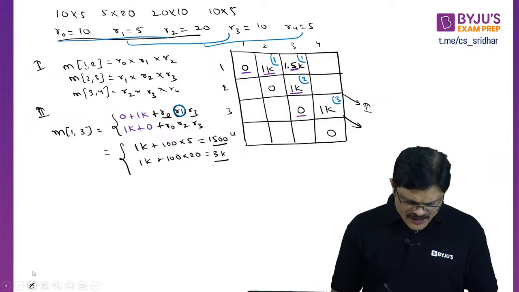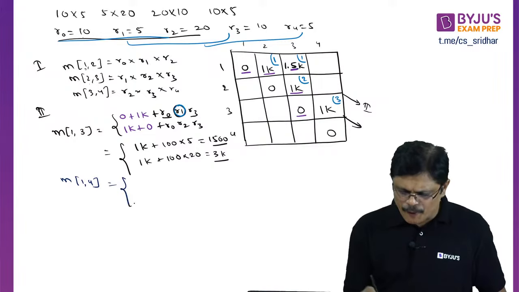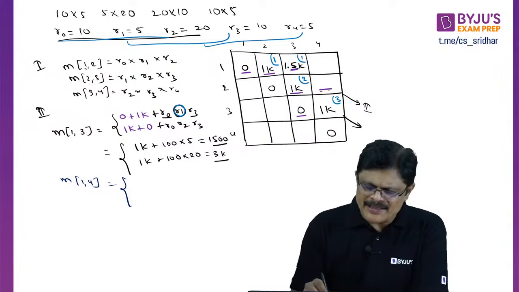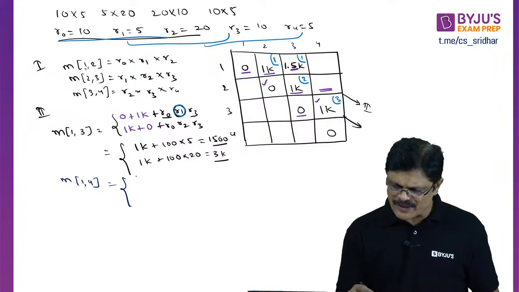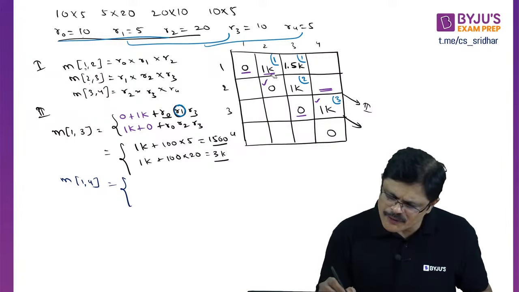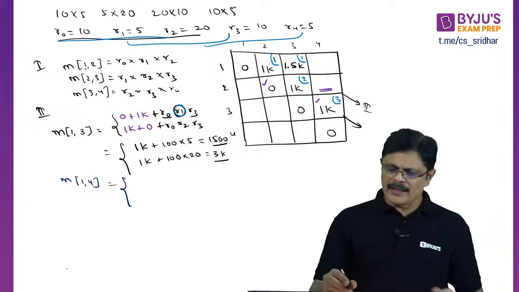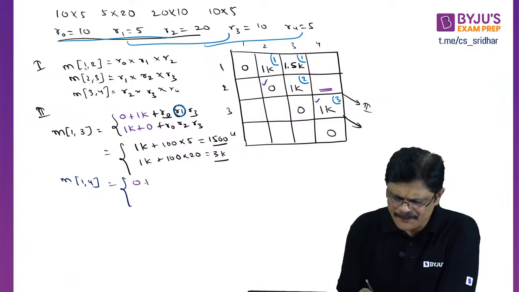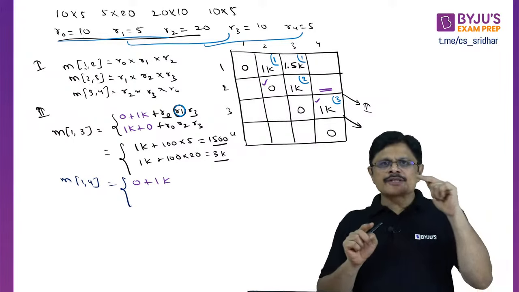Okay? Now next we want to find M14. M14, my dear friends. See here carefully. You want to find this. Then this value plus this value is 1K, that is 0 plus 1K. Let me erase these earlier values which are not useful. You add these two values. So you get 0 plus 1K. Then these two values.